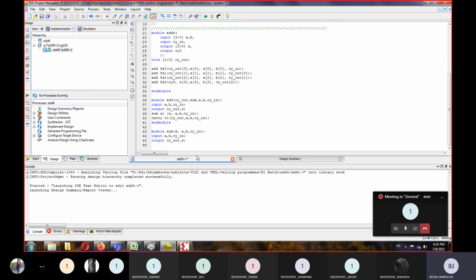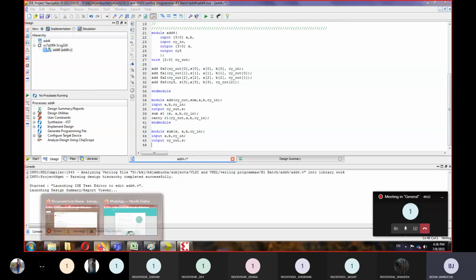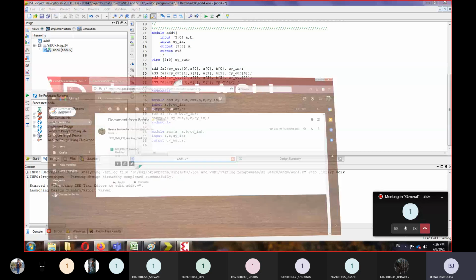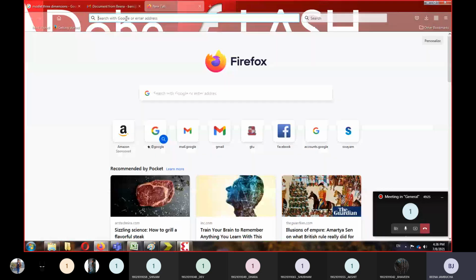So here we will have to write the equation. We'll have to design the sum module, right? You know the sum module in a full adder circuit is 2 XOR gates, right? It is having 2 XOR gates.